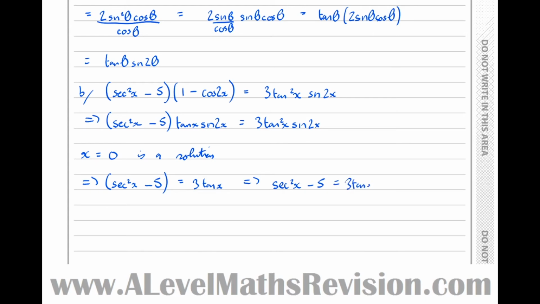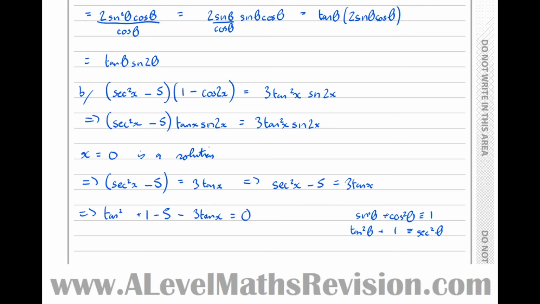Now using the trig identities, I've got sine squared theta plus cos squared theta identical to 1. If I divide by cos squared theta, that gives me tan squared theta plus 1 is identical to sec squared theta. So that implies that tan squared theta plus 1 minus 5 take 3 tan x equals 0,